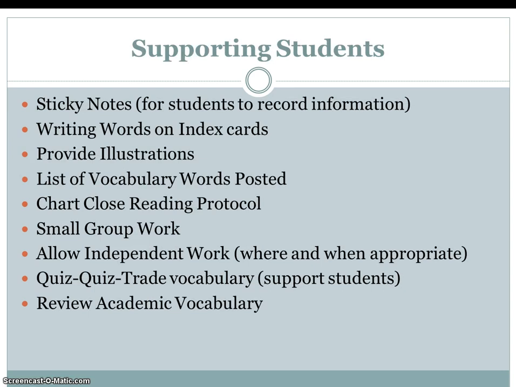A reminder for supporting students. As you go through the modules, you will know that they have supports along the right side of the actual module. Some of the things included are giving students sticky notes for them to record their information, writing the words on index cards, providing illustrations, a list of vocabulary words that you post and keep posted throughout the module, the chart of the close reading protocol, small group work, allowing for independent work where and when appropriate, quiz trade